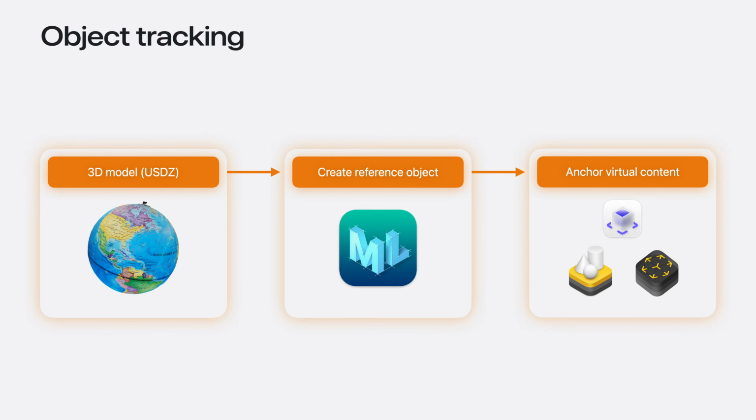In this session, we will share the new object tracking and spatial accessory capabilities that build upon features described in previous sessions. As a reminder, in visionOS 2.0, we introduced object tracking, which allows you to turn real-world objects into virtual anchors. With only a USDZ model of the item you'd like to track, you can create a reference object through machine learning training in CreateML on your Mac. By passing reference objects to our APIs, your app can get the position and orientation of the physical objects to